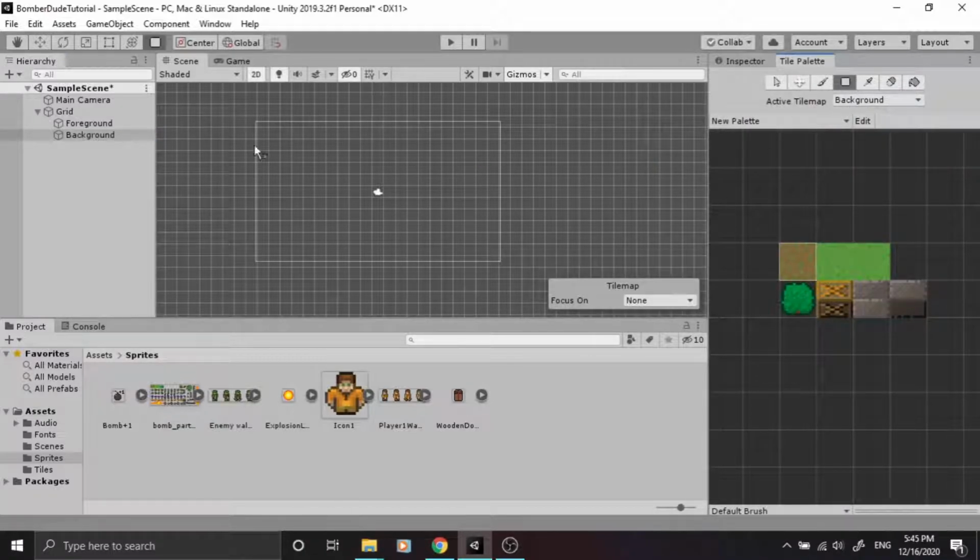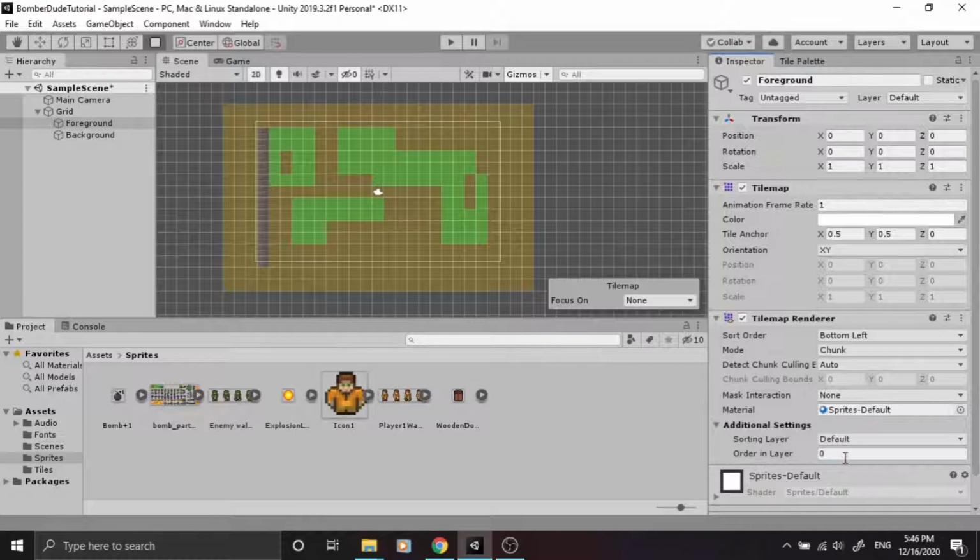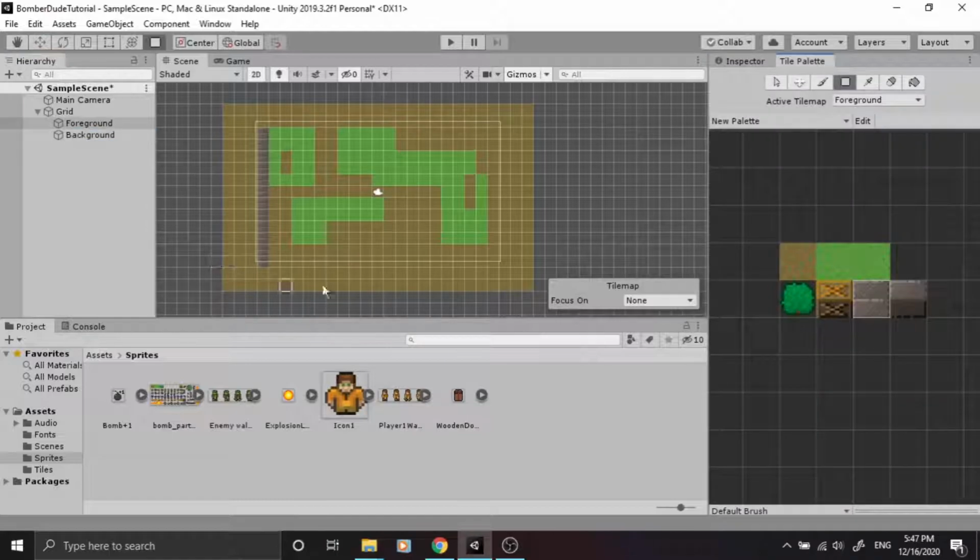So this is the part where you can get creative and create whatever you want. Okay, that's enough. Now select the foreground and the ground. And one thing, make sure that the order in layer is greater than 0 for foreground, so that it will appear on top of our background.